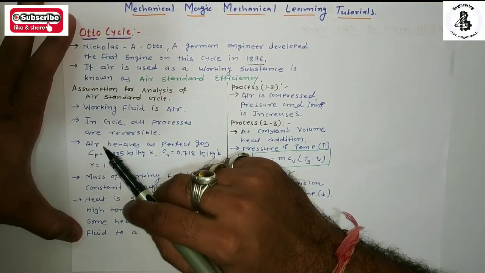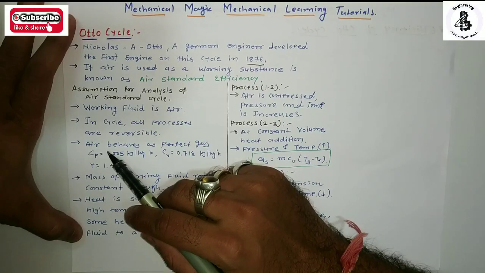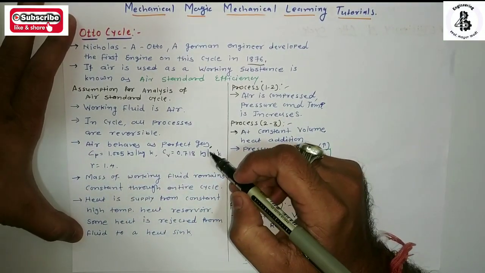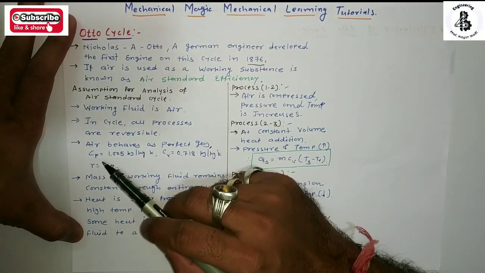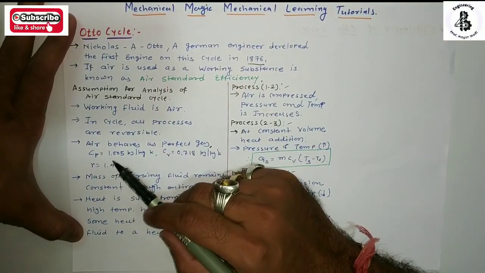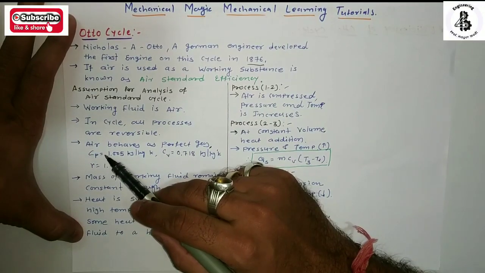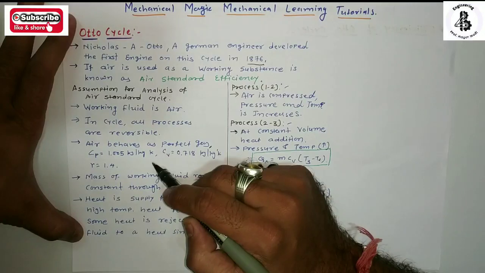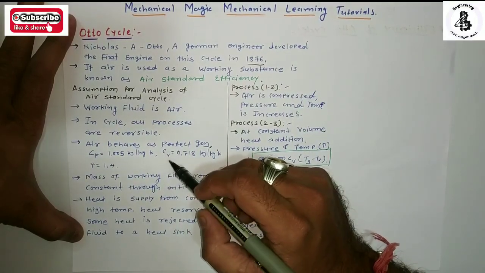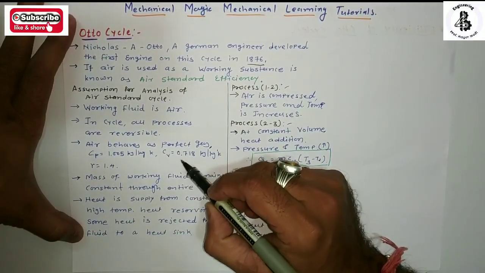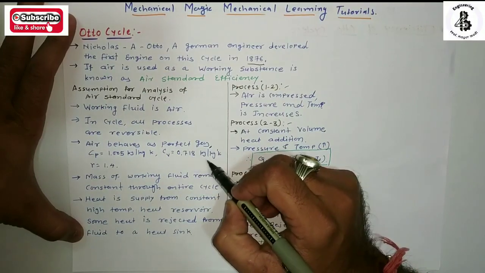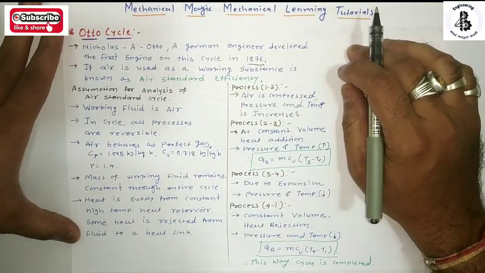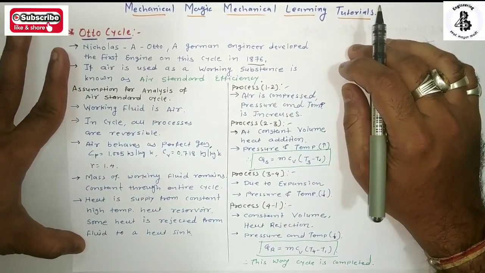Air as a working substance behaves like a perfect gas, so it has a specific heat at constant pressure, the value of Cp for air, of 1.005 kilojoule per kg Kelvin, and specific heat at constant volume, Cv, of 0.718 kilojoule per kg Kelvin, and gamma,